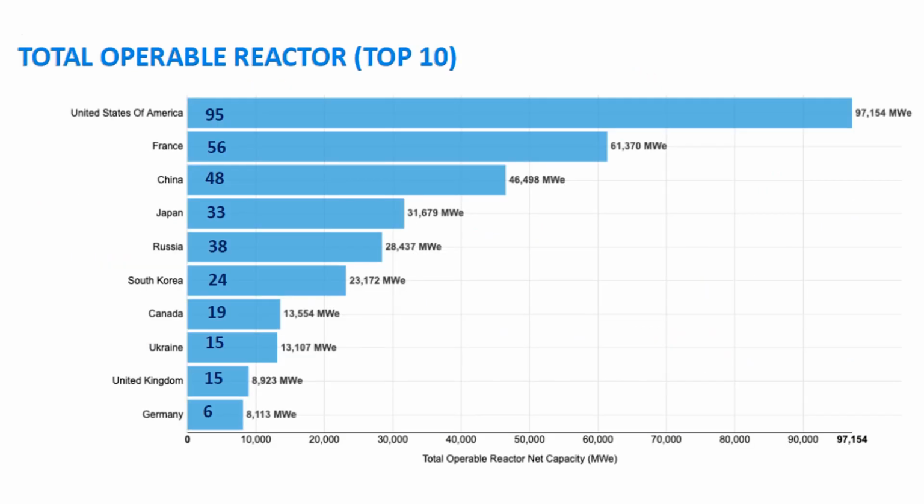These are the top 10 total operable reactors. 95 are in the United States of America and 56 are in France. And we have 48 in China, 33 in Japan, 38 in Russia, and we have 24 in South Korea, 19 in Canada, 15 in Ukraine, 15 in United Kingdom, and we have only 6 in Germany. Germany is actually an interesting country to study your nuclear reactors because, as you can see, it's a developed country. It's a first world country, but as you can see, they only have 6